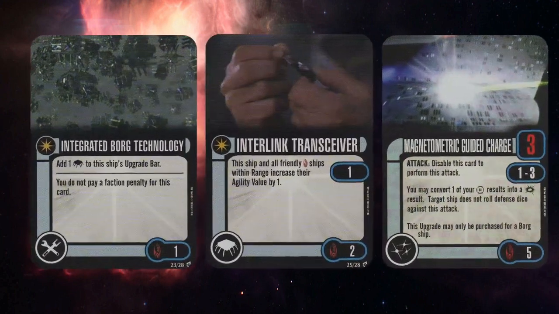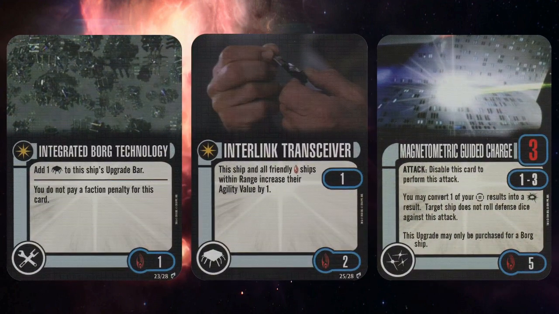So going into the next three, we've got Integrated Borg Technology, Interlink Transceiver, and Mag-Guided Charges. Add one Borg upgrade to the ship's upgrade bar. You do not pay a faction penalty for this card. Interlink Transceiver. This ship and all friendly Borg ships within range increase their agility value by 1. And then